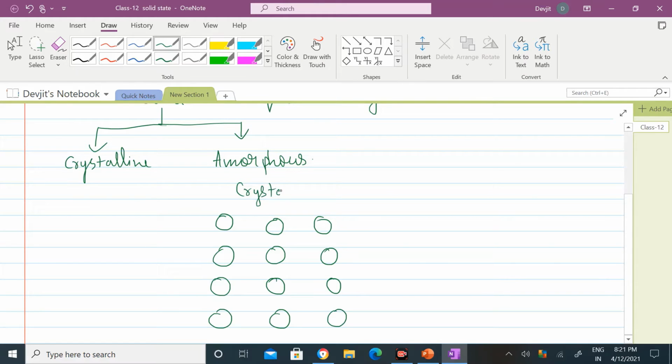Crystalline and amorphous are both solid. In both, the atoms will be closely packed. But the pattern in which the atoms are packed is fixed, and that will be visible in the entire solid structure. Whereas in amorphous,